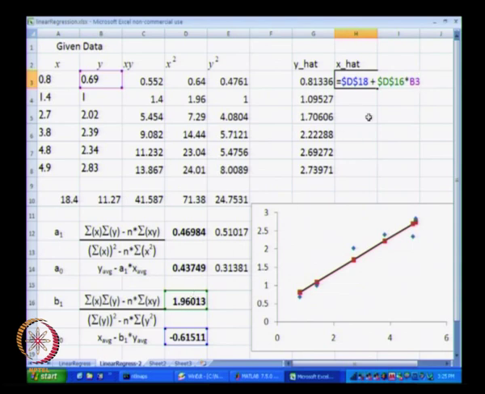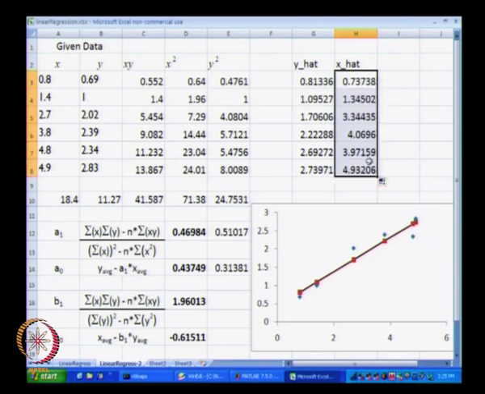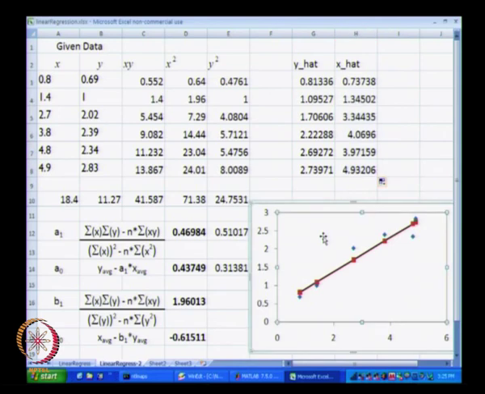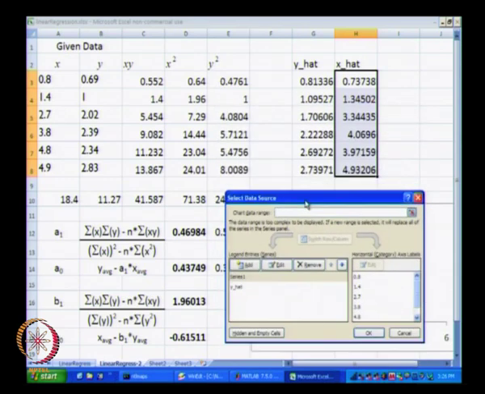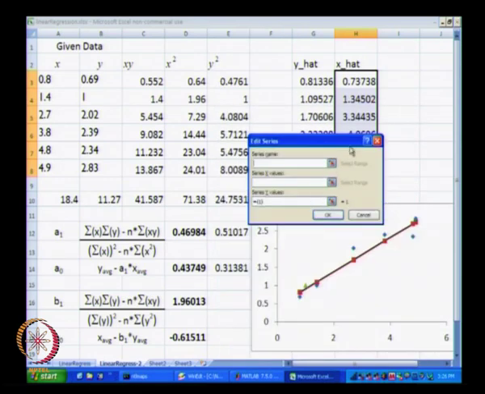The only value that is changing as we drag this particular column downwards is going to be the B3 value. So, I will drag this particular line downwards and this is what we get as x hat. Now let me add that data to our original data. So, we will add this data. This first one is going to be x hat, the second is going to be again our x hat value,